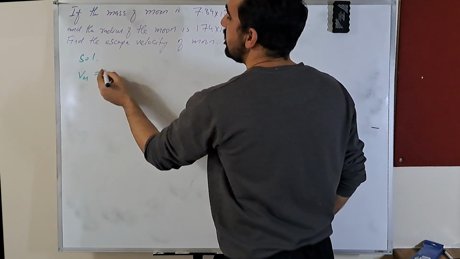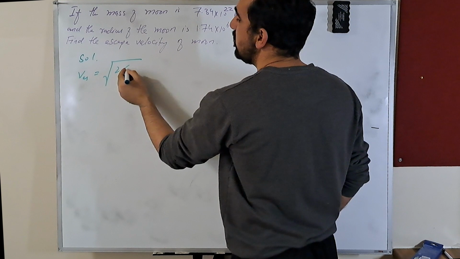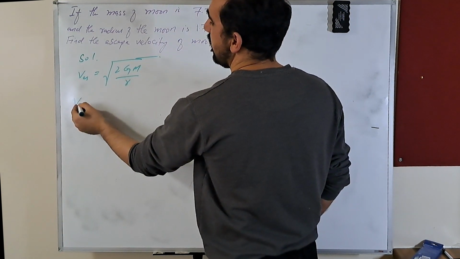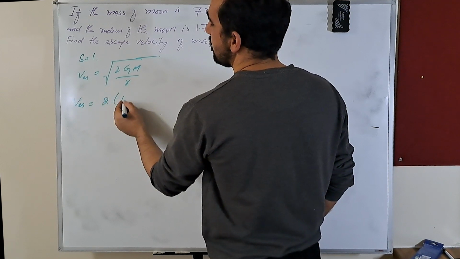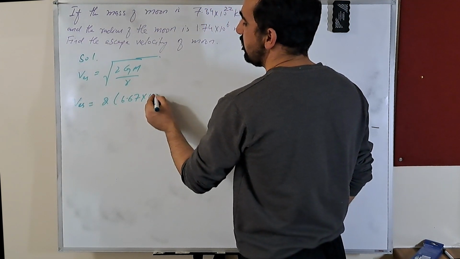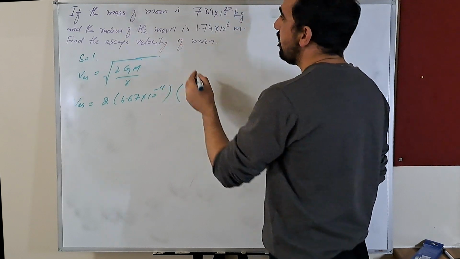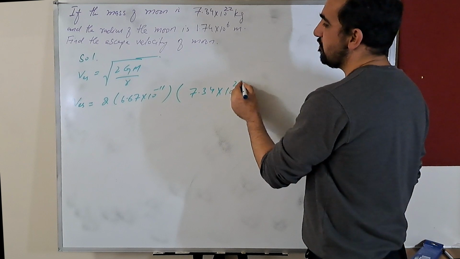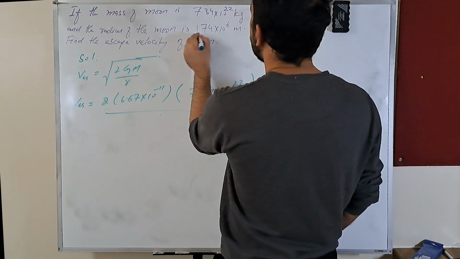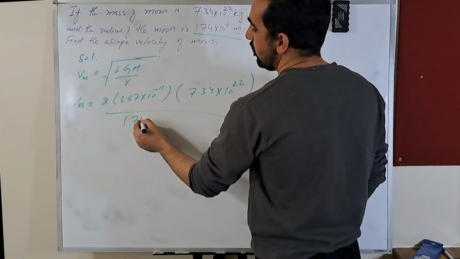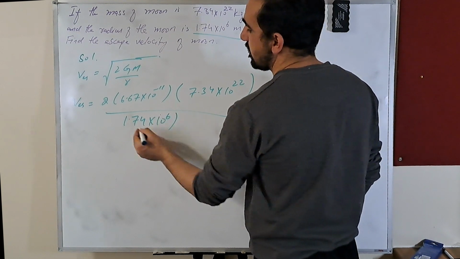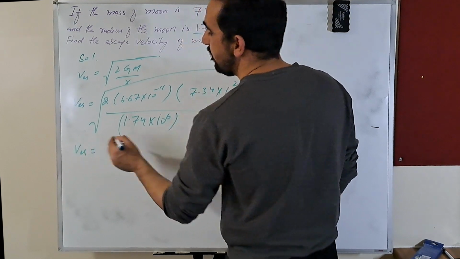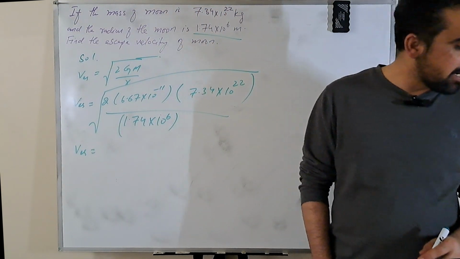V escape is equal to square root of 2GM divided by r. So V escape equals the square root of 2 into 6.67 times 10 to the power minus 11, multiplied by mass, which is 7.34 times 10 to the power 22, and radius, which is 1.74 times 10 to the power 6. So V escape will become, if you multiply these two,